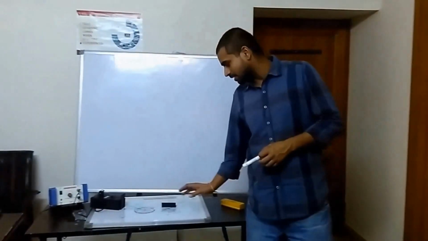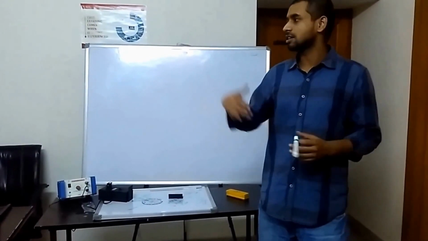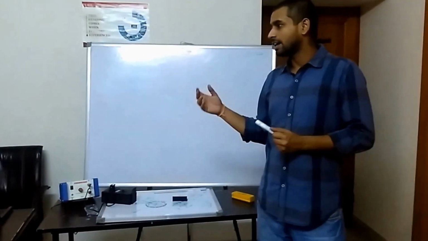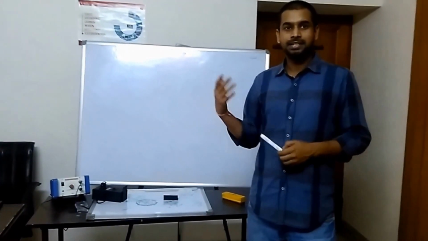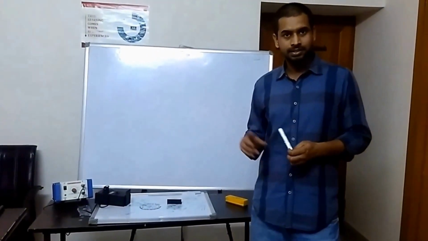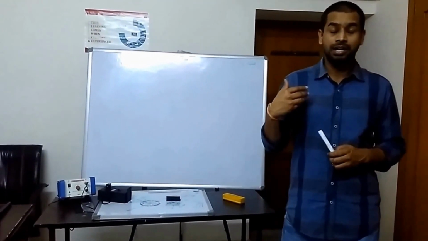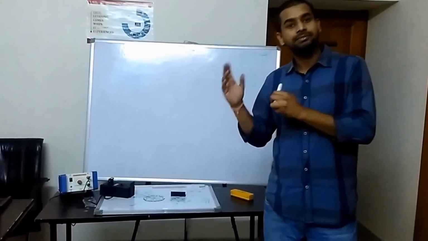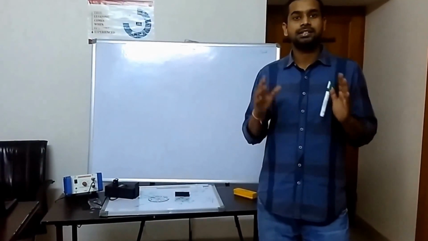So to understand this concept in real life, whatever you are doing is due to reflection, because the light is bouncing back. Again, if you stand in front of a mirror, you see your own image. That image is erect, but yes, there is a lateral inversion, left and right. Why is it happening? Because it is happening due to reflection. Whatever thing you see, which you are viewing, it's happening due to